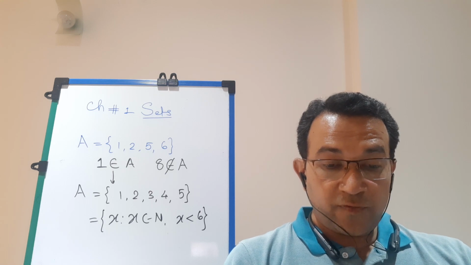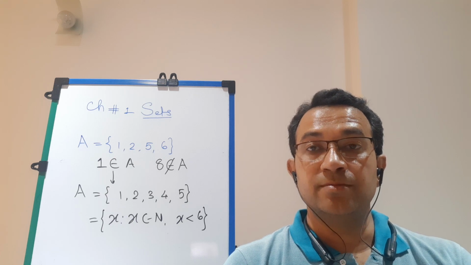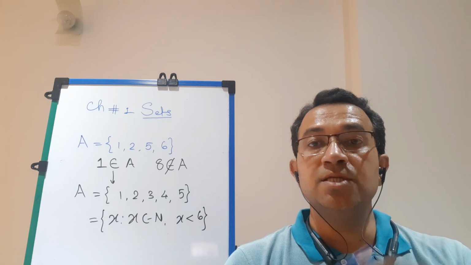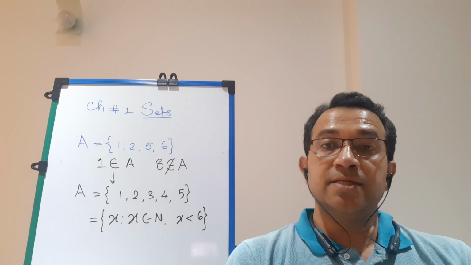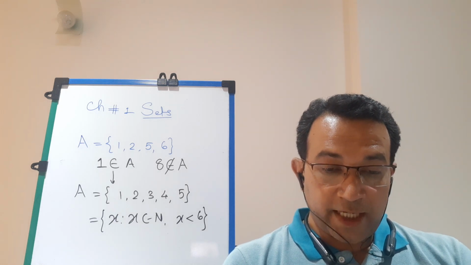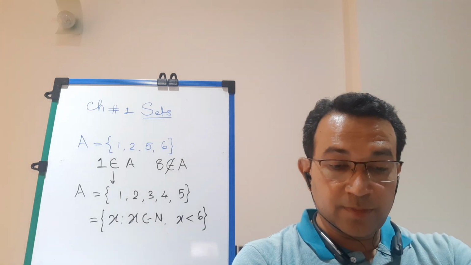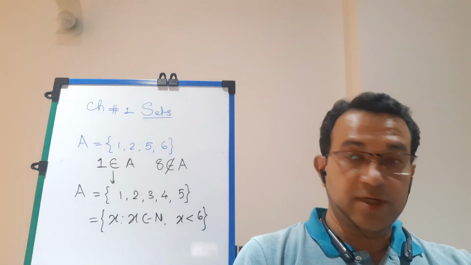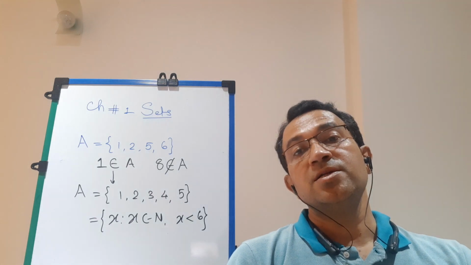Fourth, the collection of all boys in your class. Say now you are in 11th standard English medium, Naimisharanya school. So the collection of boys in your class is well defined. Each and every boy will be given a roll number, and you can say every element is well defined. So this collection becomes a set. The collection of all natural numbers less than 100. Correct. Natural numbers less than 100, students, you can very well define, 1 to 99. So this collection is a set.